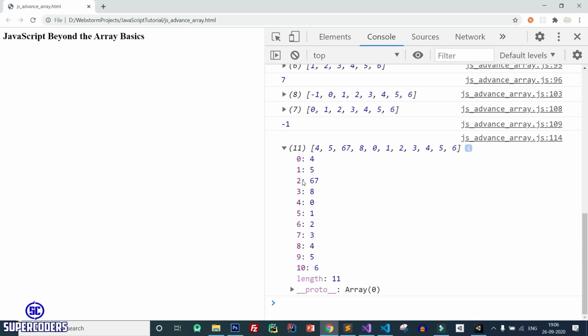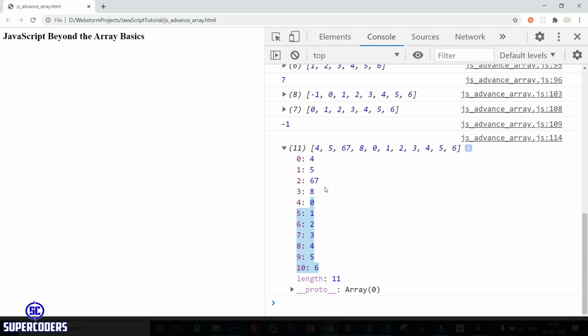So the .splice method is used to add multiple items in an array from a position, and to say where to remove items. Currently, my previous items are 0, 1, 2, 3 and 6. Here you see 0, 1, 2, 4, 5, 6, but I added some new items in the array using the .splice method. Here you see 4, 5, 67 added at the starting position.